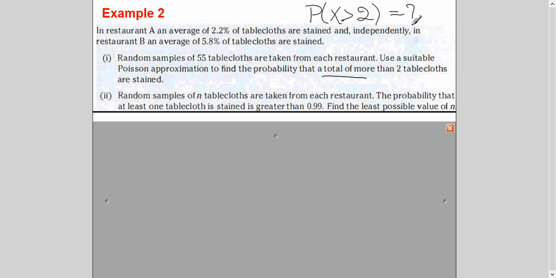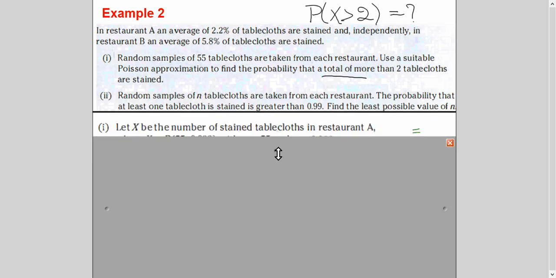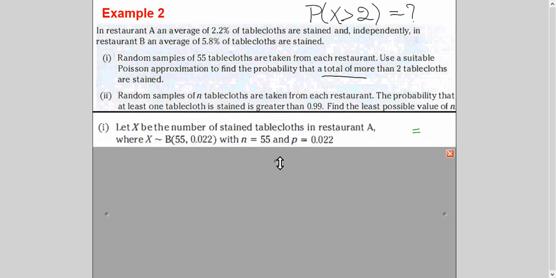So basically I have to solve this question using Poisson approximation. So I need lambda, right? And it is saying total also, so I have to add up also. So what comes to mind here? That first of all, change this binomial into Poisson approximation, get the lambda for both, and then add it up, right? Now you must remember when you are finding the Poisson approximation for a binomial, there is a condition. So you will check whether the condition is met or not, and then you will find lambda.